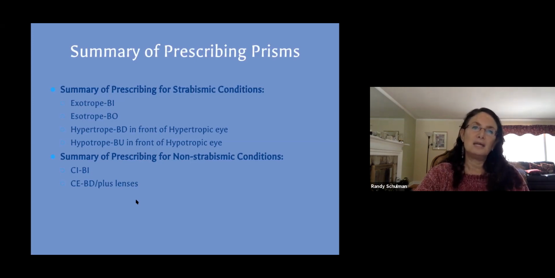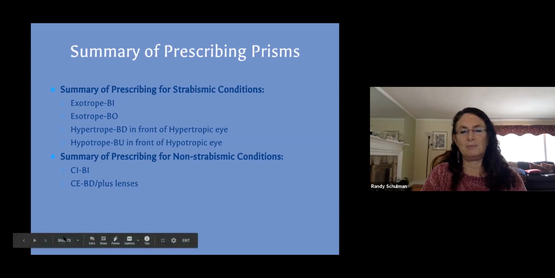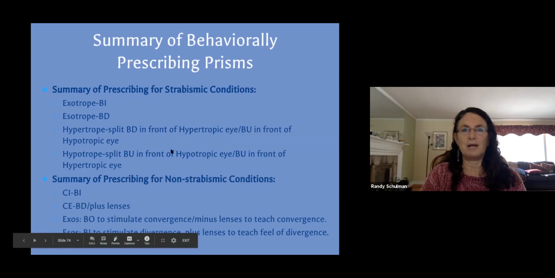Convergence excess, again, using some plus really can often help, but I'll give a half or 1 or 2. If it's an esotrope, I might even give 3 base down with their plus, and that base down helps to move the image up and out, and it really can help with the eso. So that's kind of simply how I would prescribe